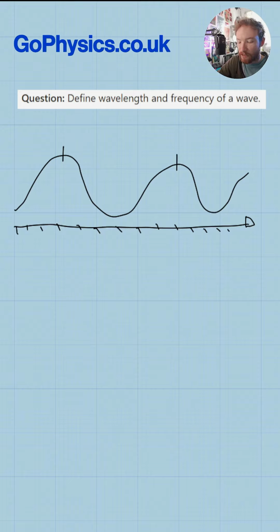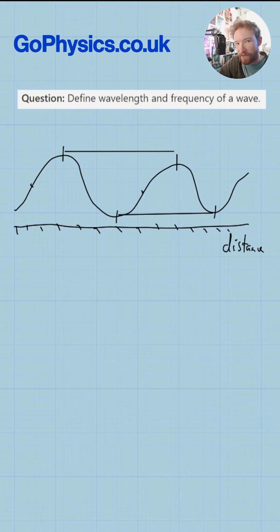So for example, here you could do the two highest points, you could do the two lowest points, or you could even do, for example, the middle point here to the middle point here. This is the full length of the wave itself. What is the gap between its two highest points would be a perfectly fine definition, providing that we are measuring